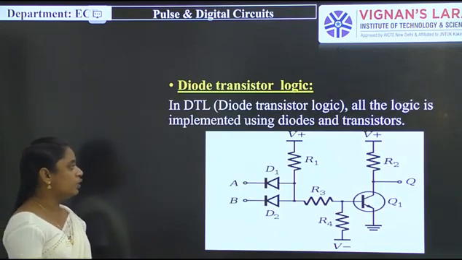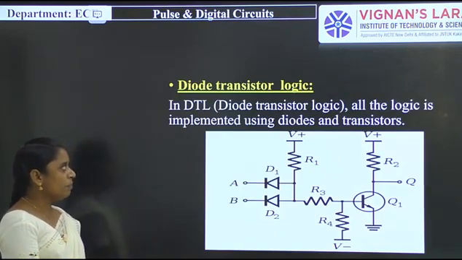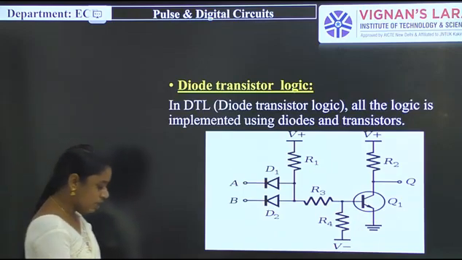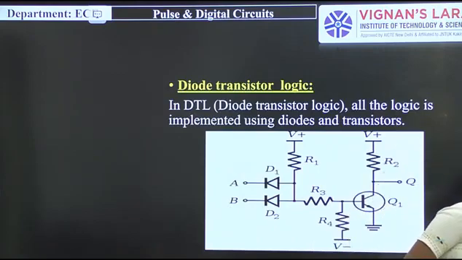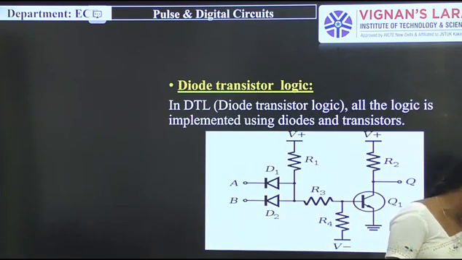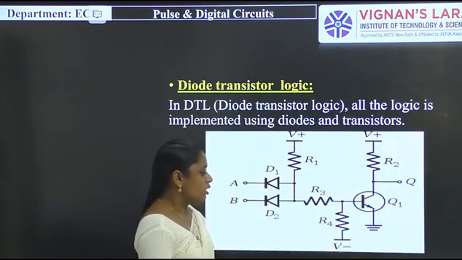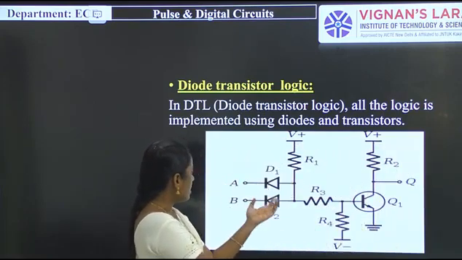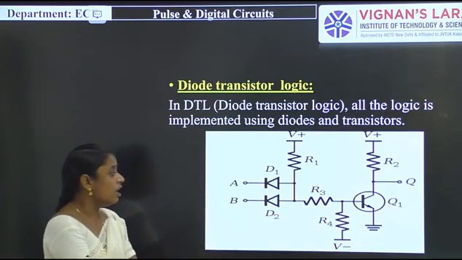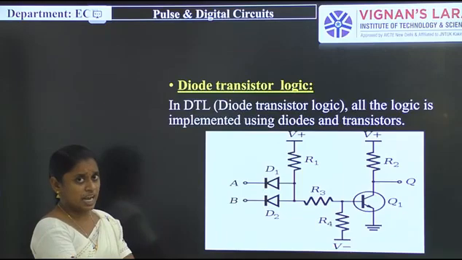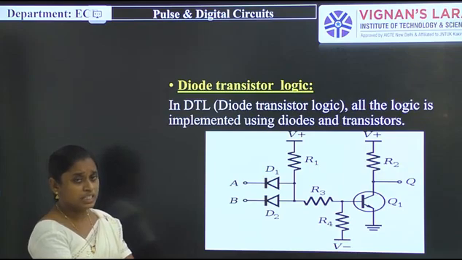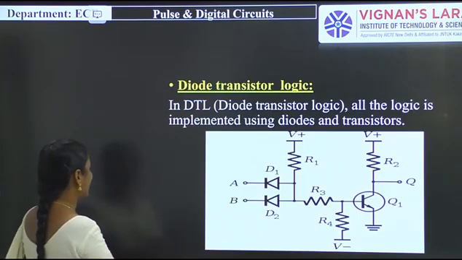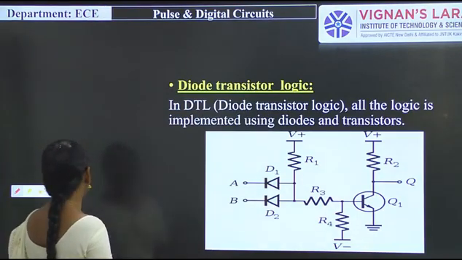And the next one is the diode transistor logic. So simply we have to say that the diode transistor logic is a combination of diode logic as well as transistor logic. So simply with a combination of diodes and transistors, we have to design this particular one. So this is majorly used for designing the NAND and NOR. So by using diode transistor logic, we design the NAND and NOR gates only. So simply the first part of this is a NAND gate connection. So the first part of this one will be a diode logic.